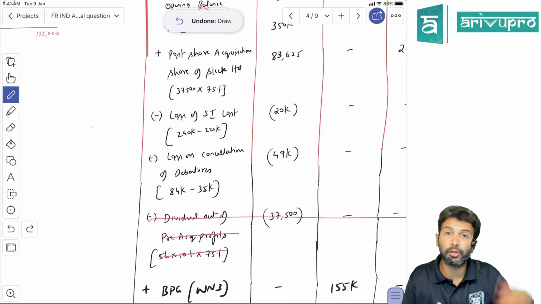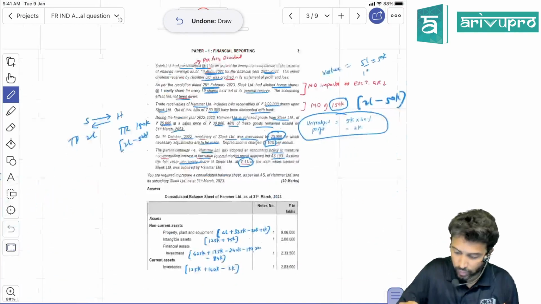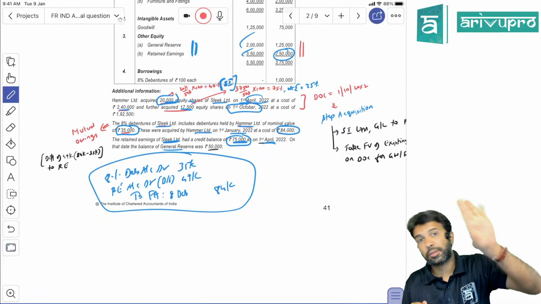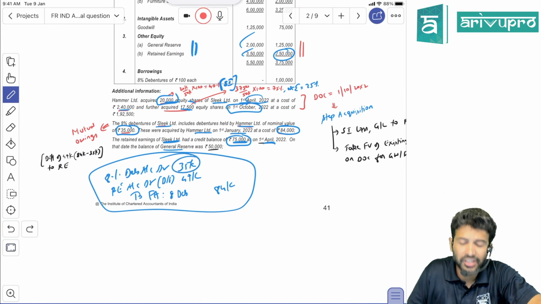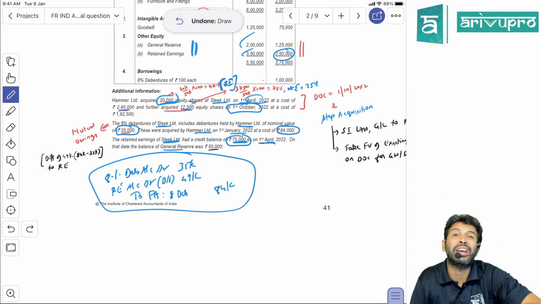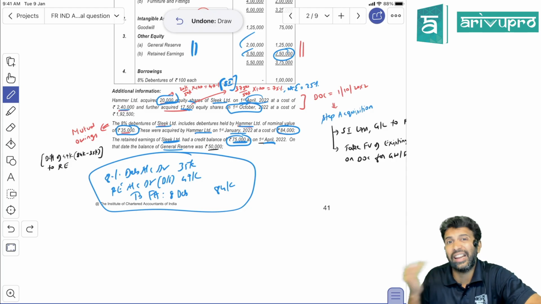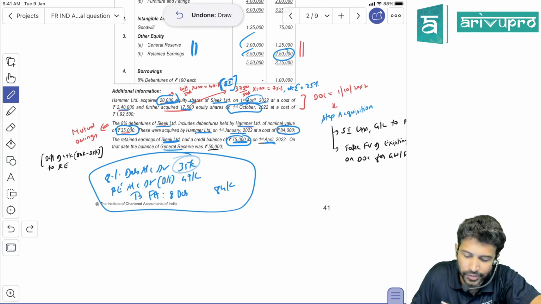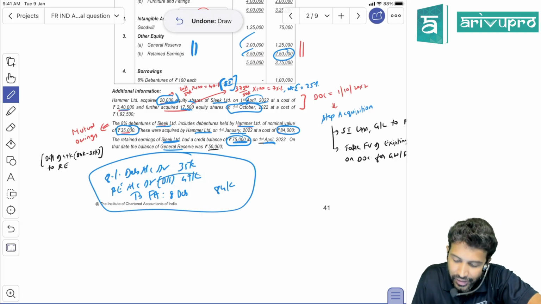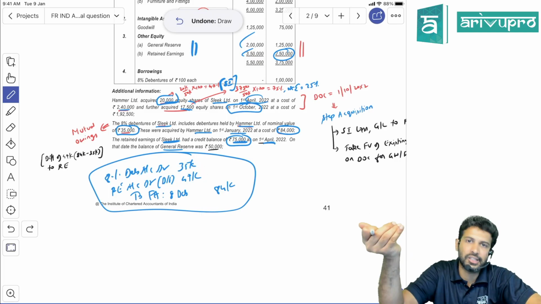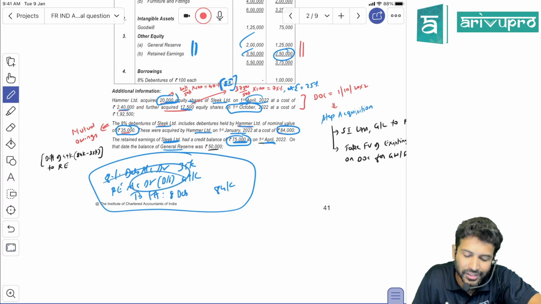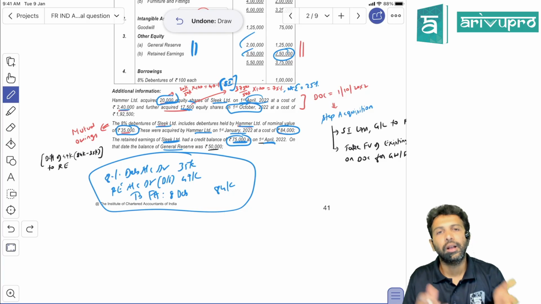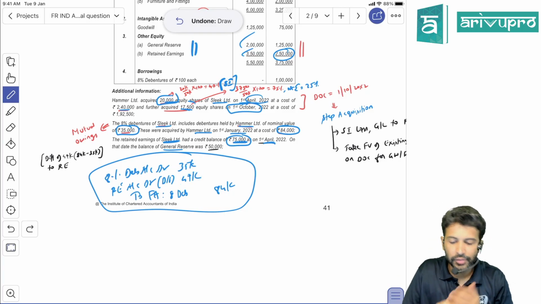And here one more thing. If you remember the debenture adjustment, we already wrote it here. We wrote the entry also. Just to show you: the parent had purchased some debentures of the subsidiary company. The subsidiary company is showing the debenture at 35, but the parent has purchased this debenture for 84. So for the parent, it is an investment, a financial asset. For the subsidiary, it's a financial liability, but the value is different. So there is a difference which we debit to retained earnings. Since the parent has purchased this investment, you have to debit retained earnings only for the parent. Don't debit subsidiary retained earnings. The difference in figure will only affect parent retained earnings.